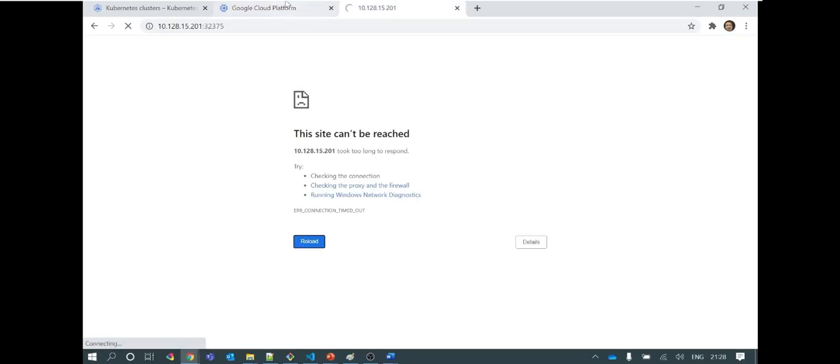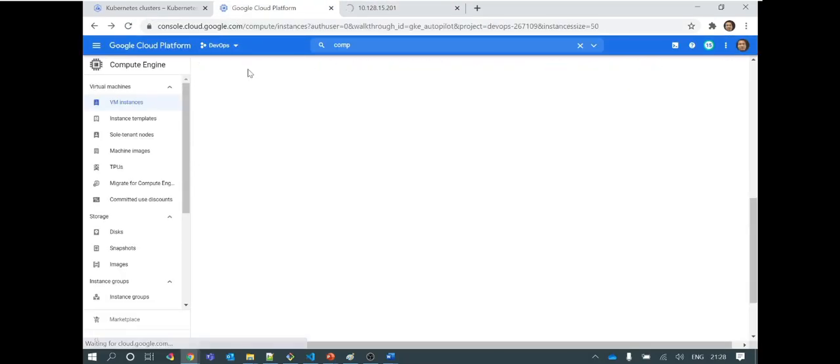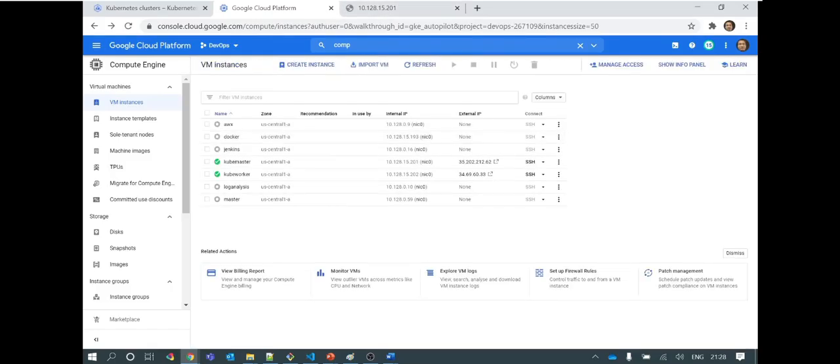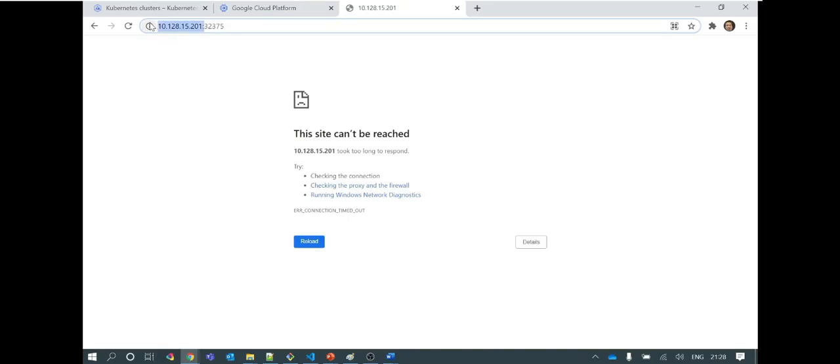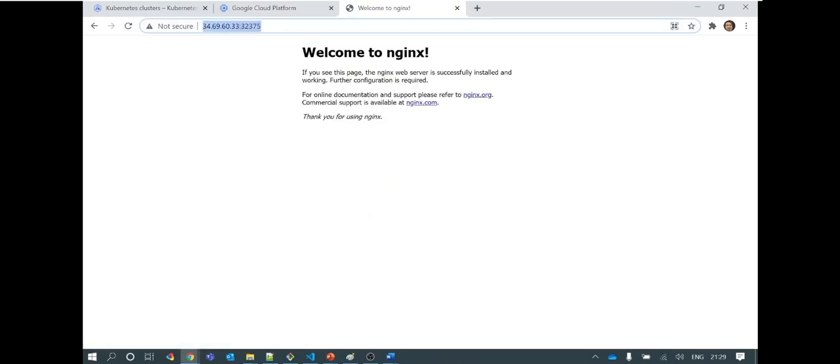This is not getting accessible by, this is the IP. Oh, I'm not using the correct IP. I am using internal IP. So outside I need to use this IP of the node. Port opening is important, that is one thing, and using the correct IP. To access outside I need to use the public IP, and here you can see Nginx is accessible now. So this is how using node port I was able to access my Nginx deployment.